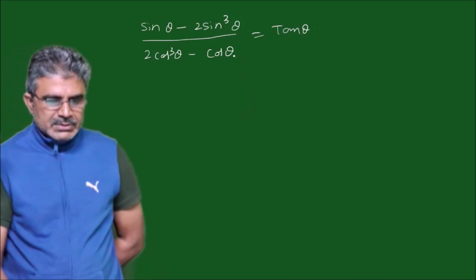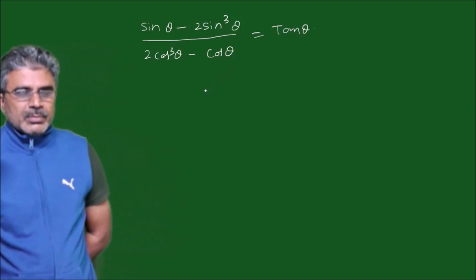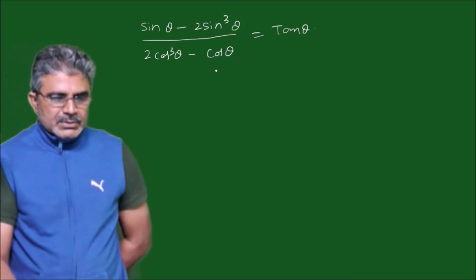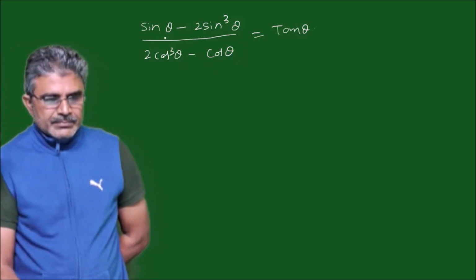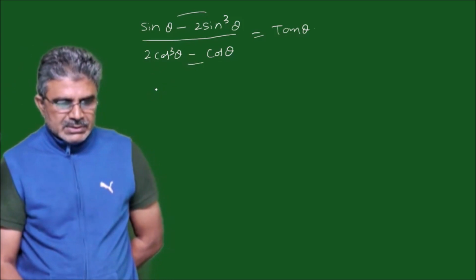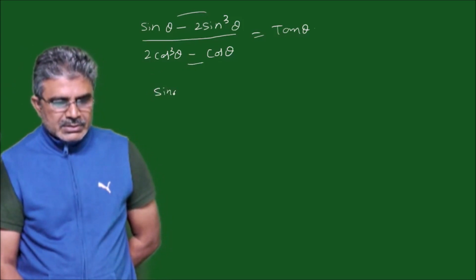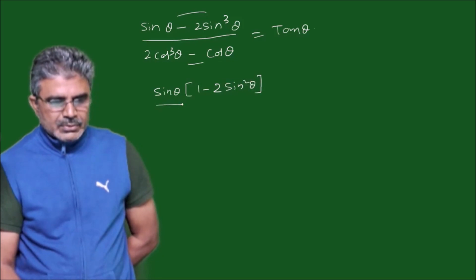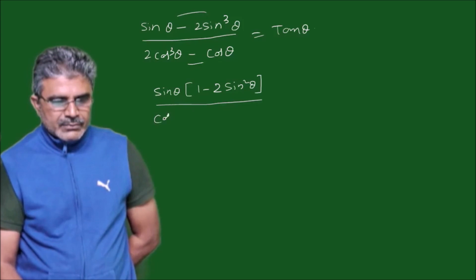Till now we did only sin square form problems or cos square problems, but we have cubic terms here. So here you see in the numerator we have sin theta as common in those two terms and even cos theta in the denominator. So let us take the LHS and take the common thing like sin theta, which will give 1 minus 2 sin square theta whole divided by, here if you take cos theta as common, you will get